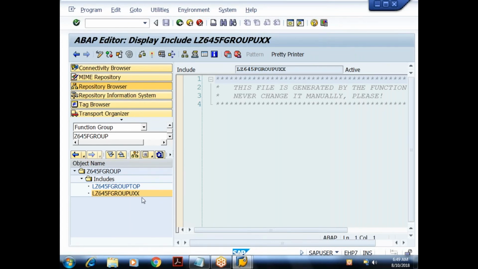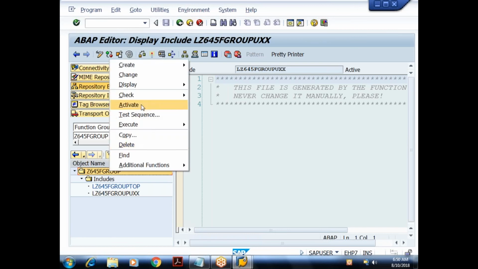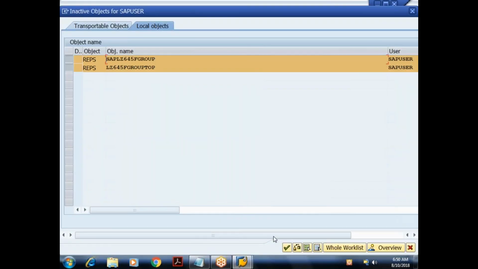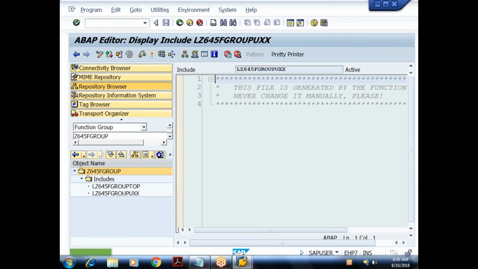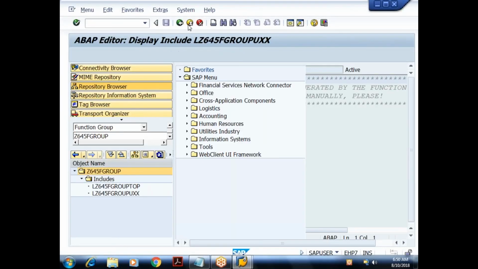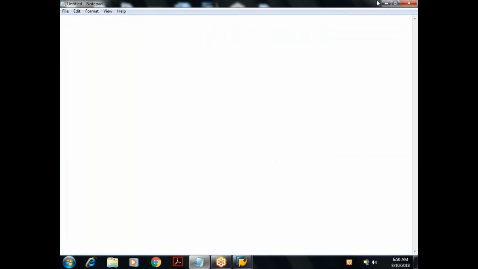This include is reserved for SAP. Before I start using the function group, let me activate it. So right click on this, activate the function group. Function group is activated. Now we need to create the function module.